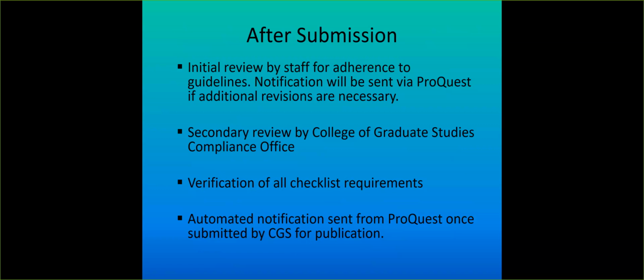Then when we get to the point of a secondary review, that's done by either myself or our new outreach compliance officer, Sophia Zahner. So it's either myself or Sophia that do the second review, and we make sure that all of the revisions that you were asked to do the first time have been completed in your second submission. And if there's anything else that we recognize that might be an issue, we look for those 1-inch margin cutoff issues and send you back anything that you need to revise from there.